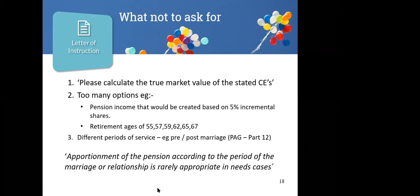I'm going to pause because there's a question which said, when you refer to income equality, is this limited to pension income only? Yes, it is